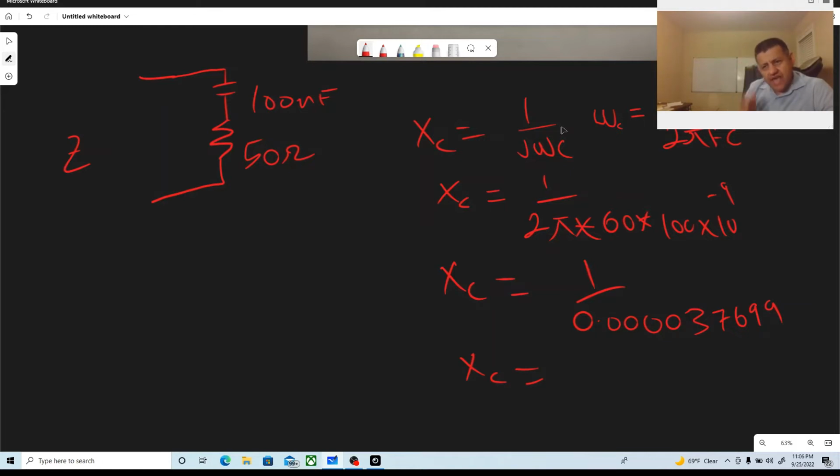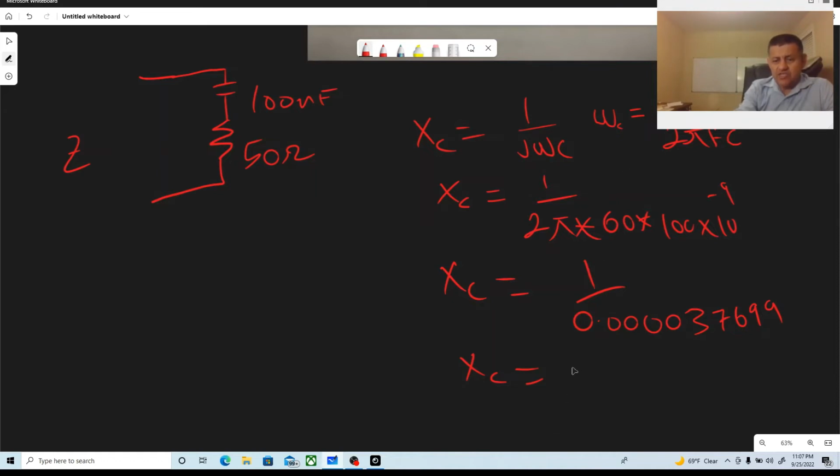90 degrees negative. I don't want to confuse anybody. When I say 90 degrees, I mean down, 90 degrees down. But to be more clear, it is 270 degrees in the unit circle. So in other words, the capacitor is down. Therefore, we're going in the negative J. Remember that we're dealing with imaginary, but electrical engineers, we don't use the I, we use the J. So in this case, I have to attach that J,